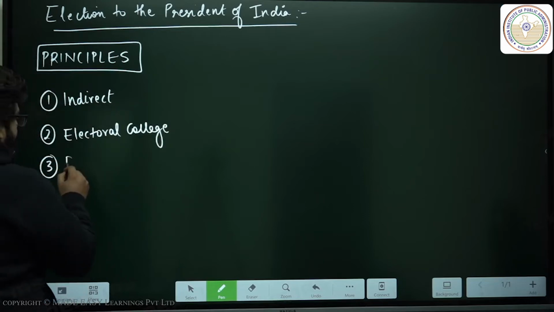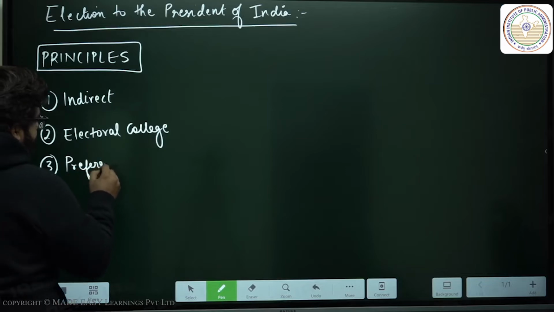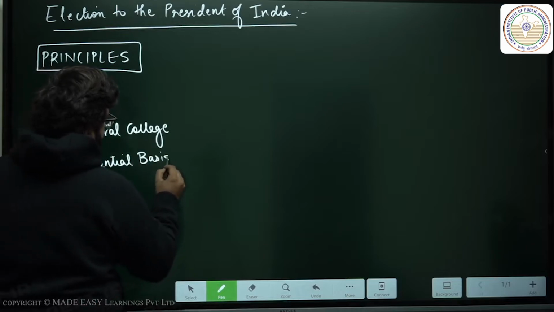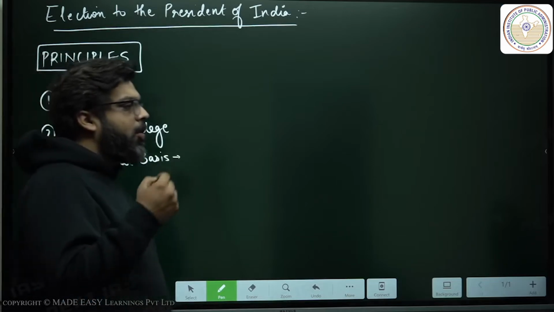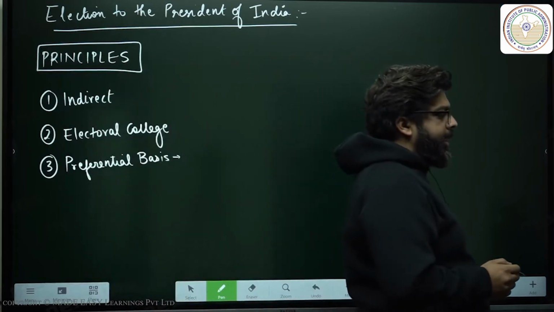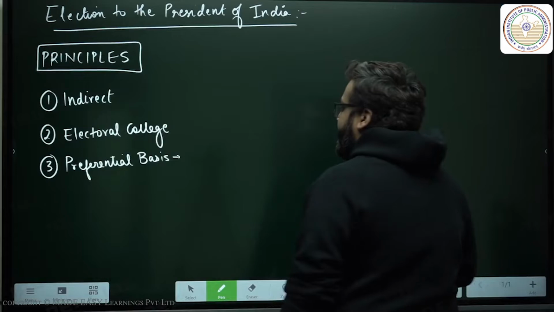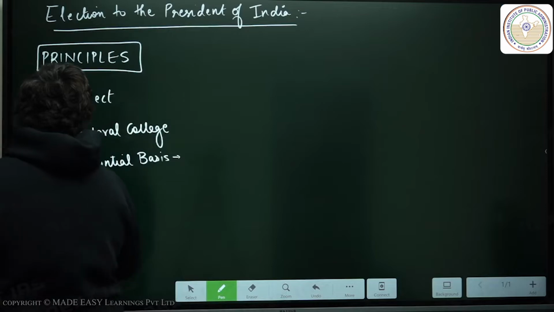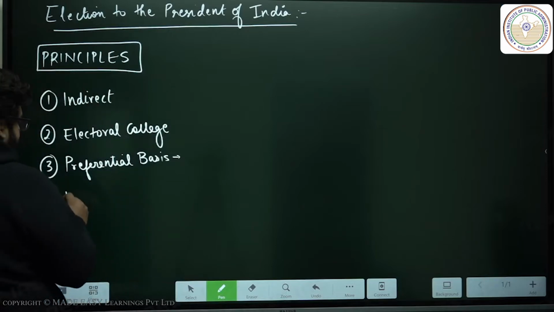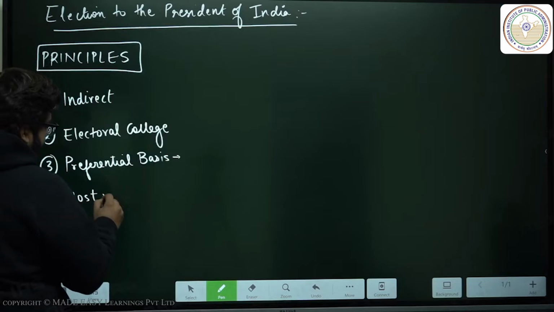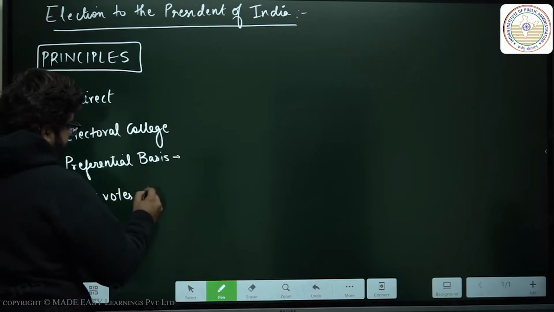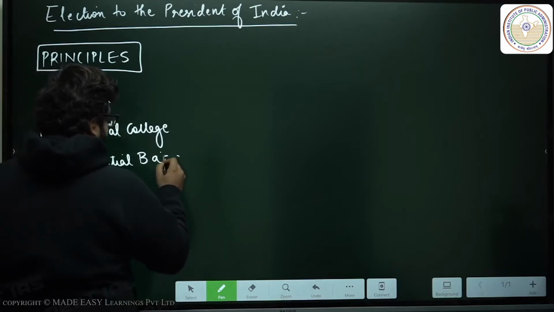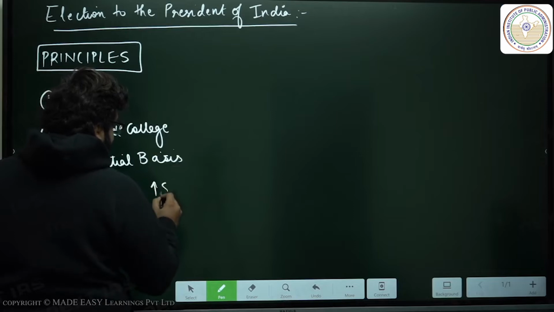The votes are going to be on a preferential basis, which means each voter from the electoral college will rank all the contestants for a presidential election in order of preference, and therefore you will also have something called a majority basis, which means you should be winning most votes, that is more than 51%, more than 50% of the votes,